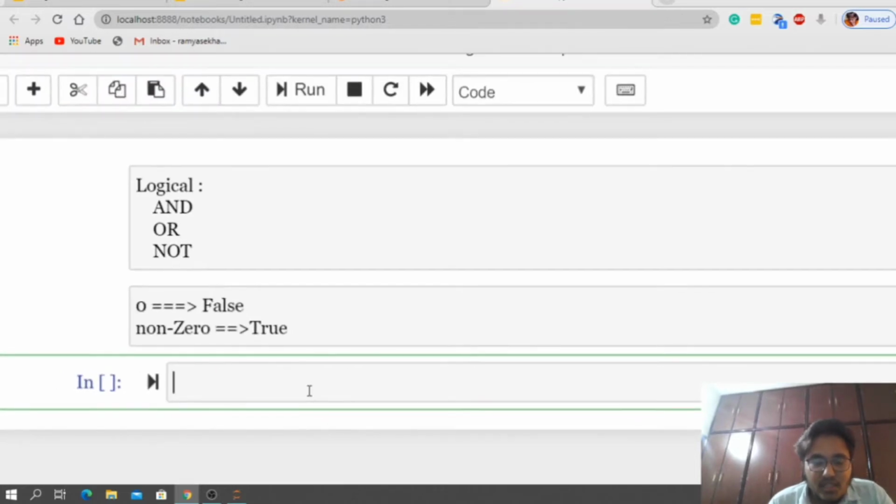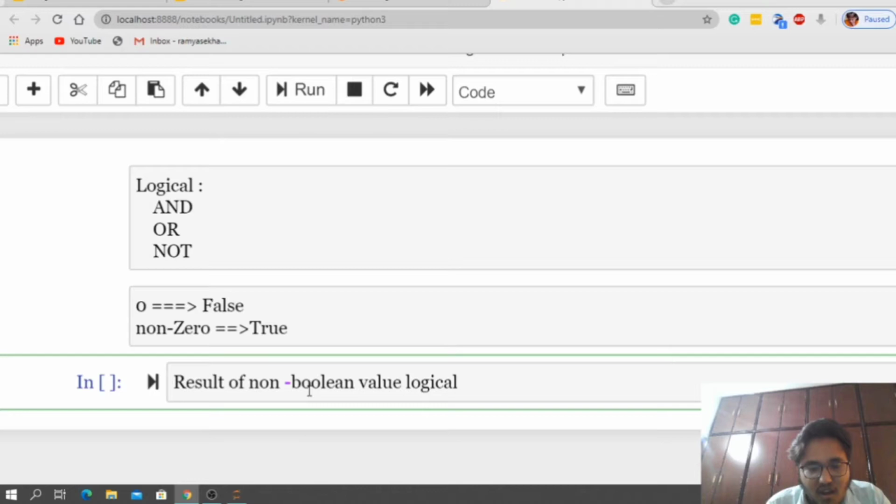And one more thing is the result of non-boolean values applied with logical operators is either x or y, but not true or false, guys.